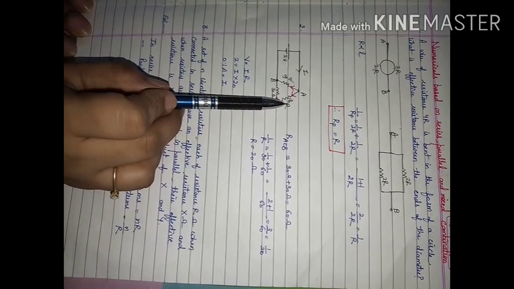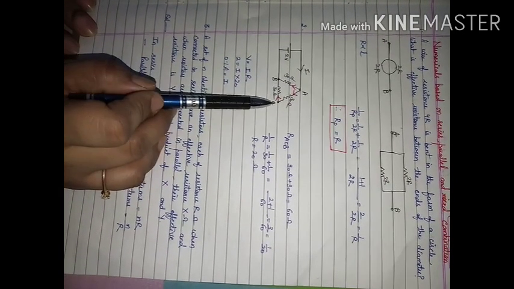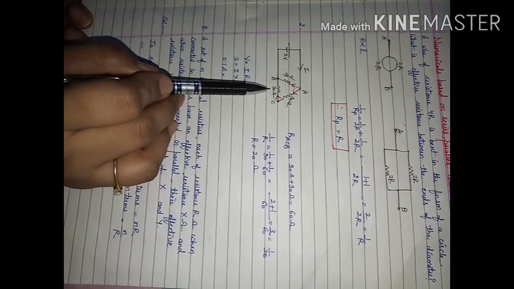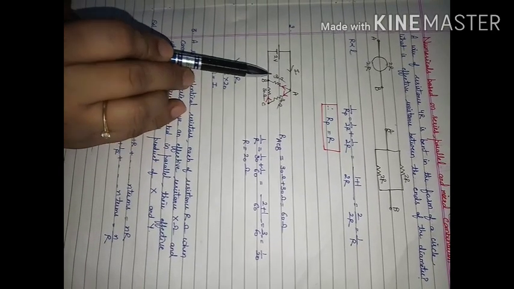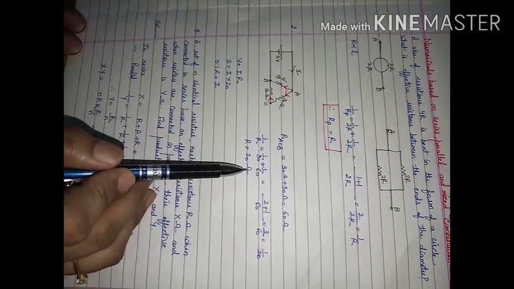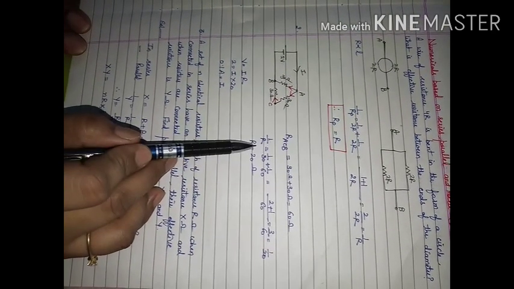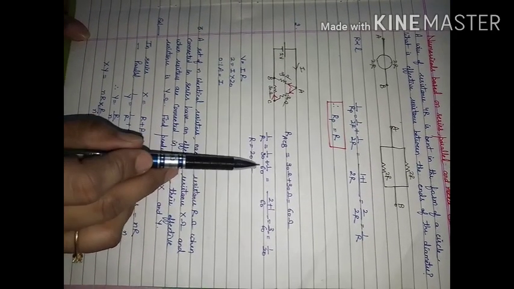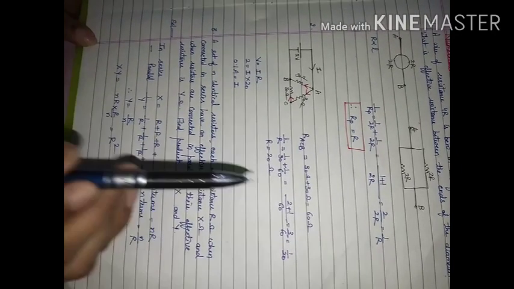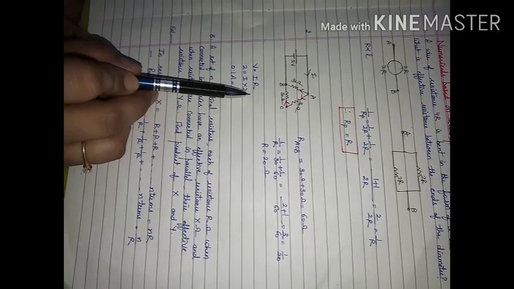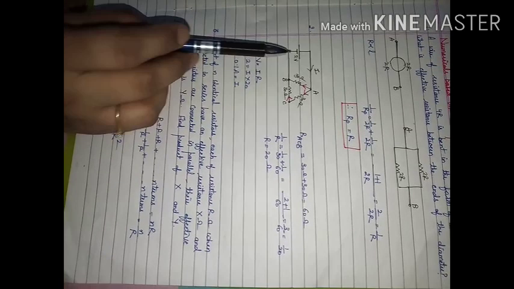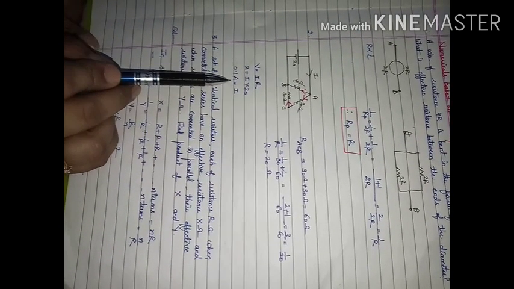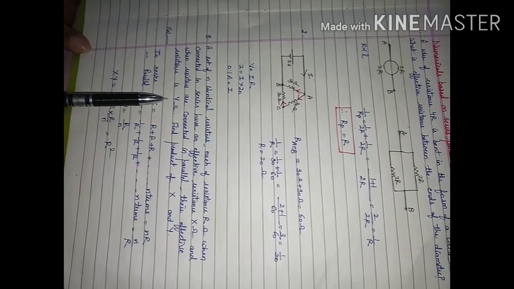When they are in series, the net resistance of RCB will be, this is 60 ohm and this 60 will be in parallel with this 30. So you will use the formula for parallel combination, 1 upon R is equal to 1 upon 30 plus 1 upon 60. On solving you will get R is equal to 20 ohm. Using Ohm's law, V is equal to IR. So put the value of V, put the value of R, you will be able to get the value of current, that is 0.1 ampere.